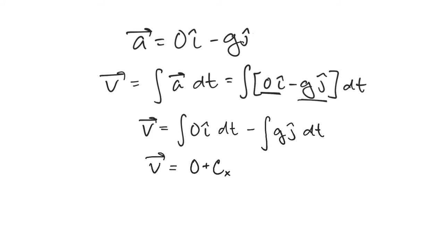You can actually notate this really however you want. A lot of times you'll see like c1 or c2. I'm going to say this is the c for the x direction, and that is all multiplied by i hat. And then we're going to subtract the integral of g times j dt. The integral of g with respect to t is g times t plus c in the y direction, and that's